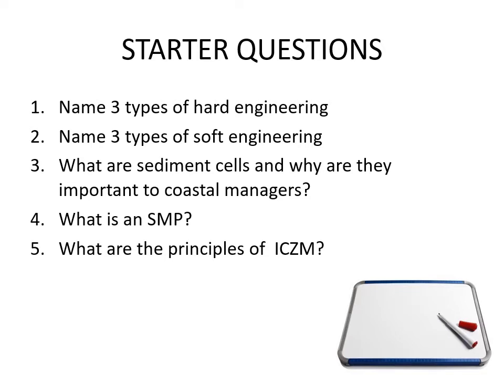Okay, so quickly, 3 types of hard engineering. That's anything that interferes with natural processes. So normally involves a barrier of some sort. So a groin, for example, it might be rock armour, it might be a seawall. Soft engineering is anything that works with natural processes. So this might be beach nourishment, we're dumping loads of sand. It might be the restoration of sand dunes. It might be planting trees on a slope, for example, to provide more stability, or encouraging the formation